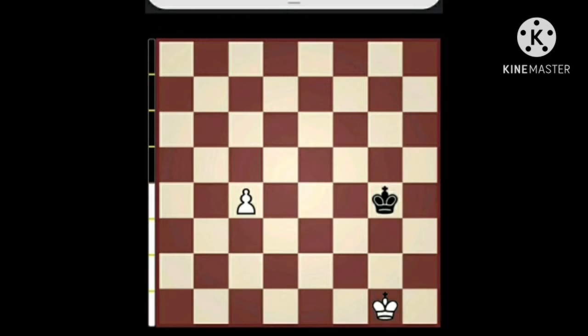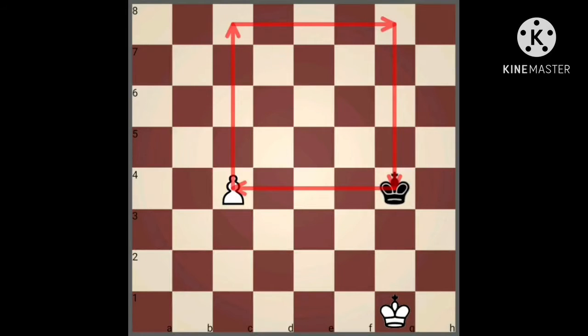So now the position on the board, we see there is a white passed pawn threatening to queen in 4 moves. Normally we calculate like if he moves to that square, I move to that square. If he goes there, I go there, like that only. Or we count the number of squares the pawn has to make to reach the 8th rank and then count the king movements. Actually, it may be confusing sometimes.